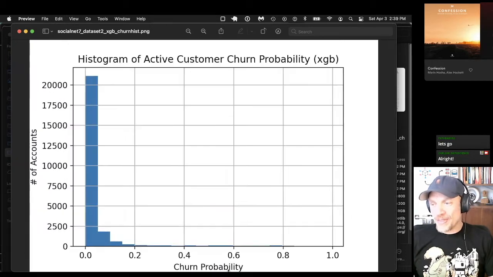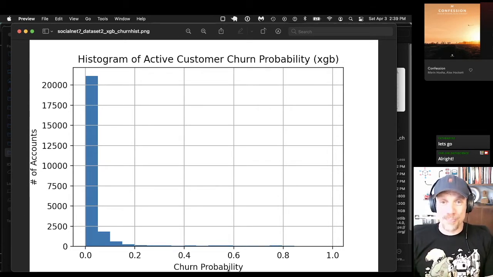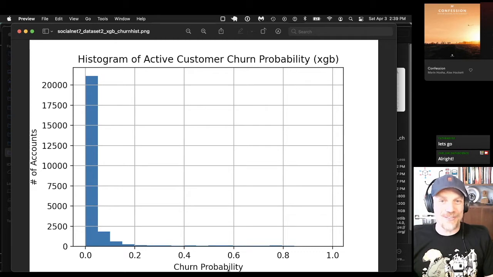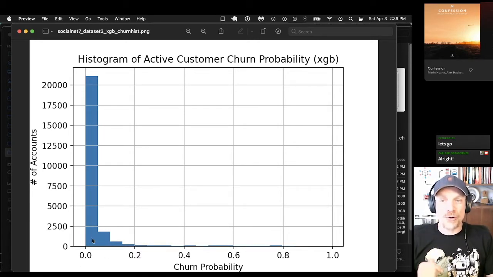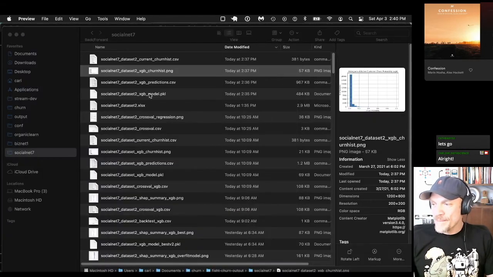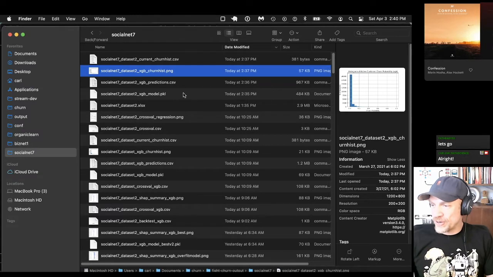The reason there aren't that many customers with that high churn probability is, well, they would have churned already. Any customer that's 90% likely to churn probably churned last month. In fact, they were 90% likely to churn last month. So they don't hang around too long. So for a real product or service, you're going to see churn probabilities forecast to be around the average churn rate. And that's the main thing I wanted to point out on those predictions.